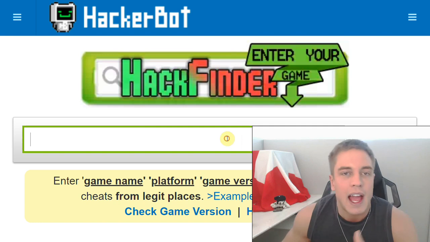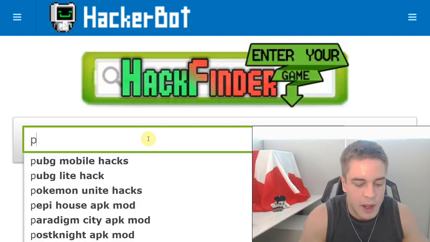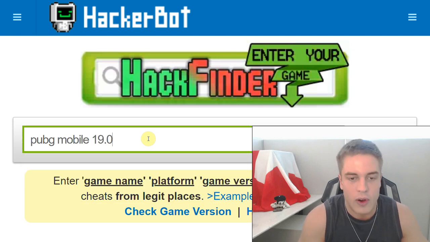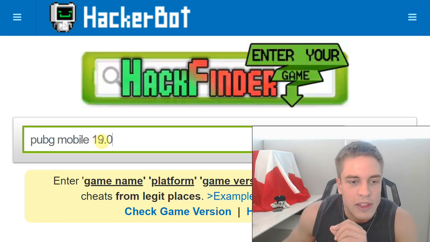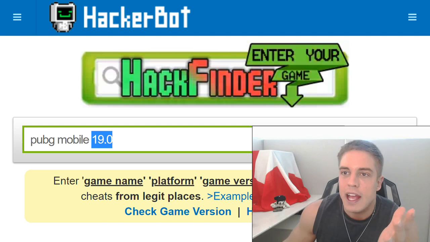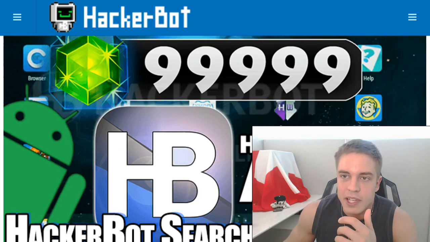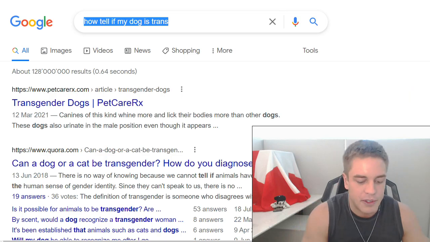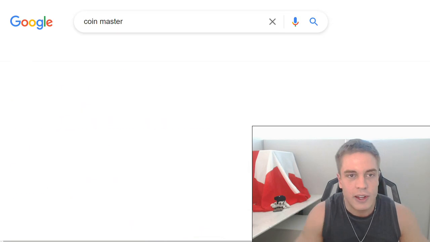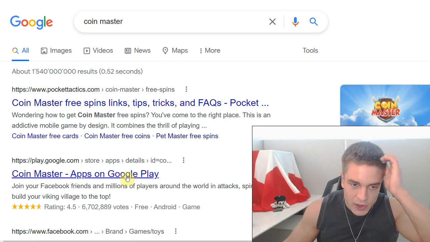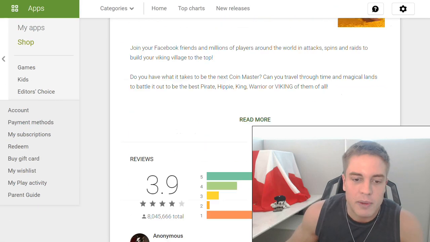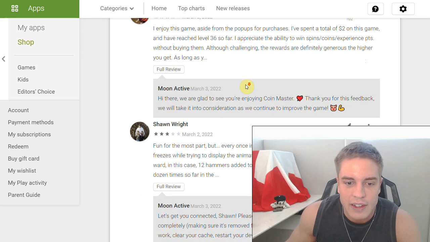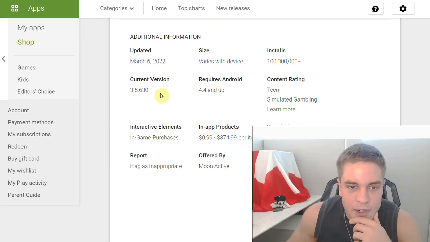looking at. So as an example here, we're just going to enter PUBG Mobile 19.0, all right? Now, how do you figure out the current version of your Android game? It's very simple. You simply go to Google and Google the name of your game. So for example, Coin Master, you go to the Play Store, and that's also why we're on computer, because stuff like that is so quick and easy, and you can just look at the current version of the game, which is